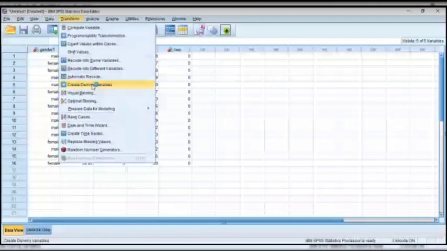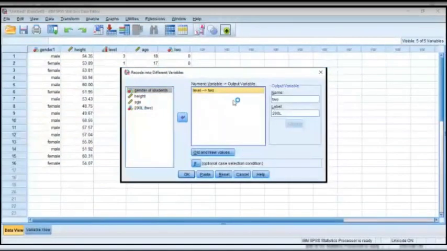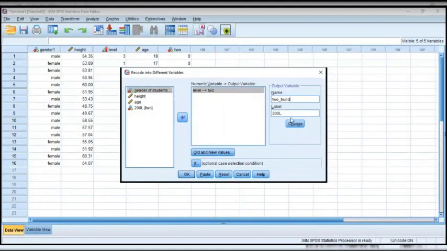Okay, I'm recoding into different variables. Level 200, 200 level. Change it. Old and new values.